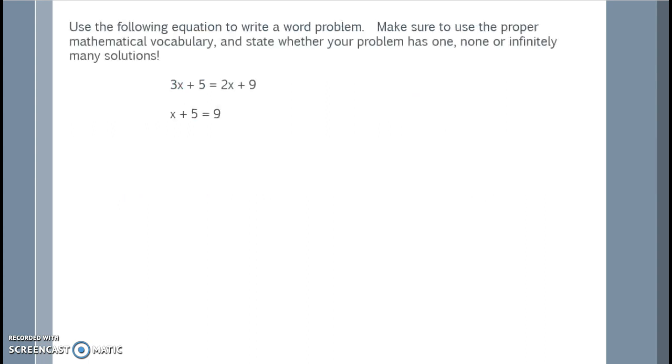Use the following equation to write a word problem. Make sure to use the proper mathematical vocabulary and state whether your problem has one, none, or infinitely many solutions. I have 3x plus 5 equals 2x plus 9. So what I first did was subtract 2x from both sides, and I get x plus 5 equals 9. So x equals 9. So now that I have a context of what the problem is in our ending